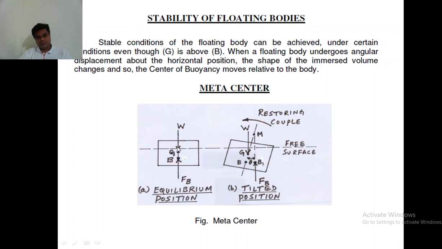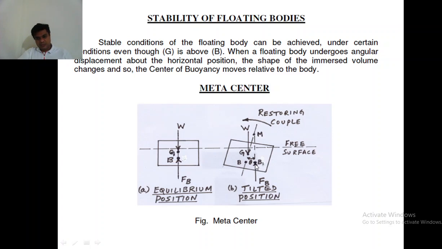So you can see here, this is the amount of the object in the water, and now when I tilt it, the amount of the object inside the liquid or fluid will be changing. So what happens here is that the center of buoyancy will be shifted from this point to some other point here. So you can see here, center of gravity is here, center of buoyancy is here. So the line of center of gravity and buoyancy will be changed in case of floating bodies.